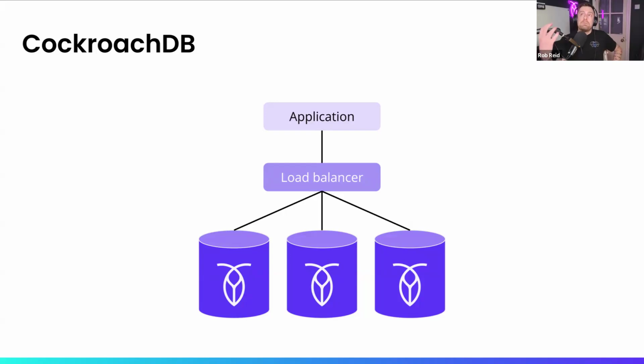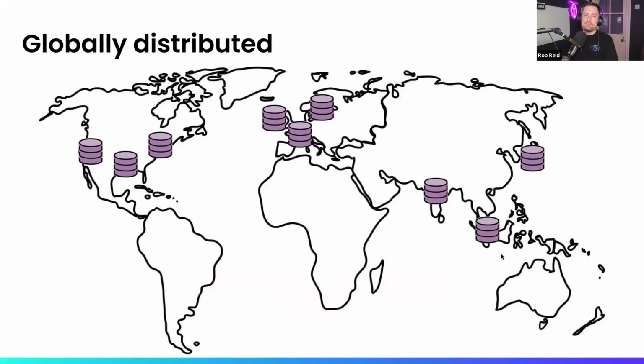But under the covers, fundamentally, CockroachDB is a key value store. So in the SQL layer of CockroachDB, which exists in all of the nodes, there is a translation of a SQL query into something that can be a very fast key value lookup. So data is stored in a columnar format, but it is a key value store under the hood. Not that you need to concern yourself with that as a practitioner of CockroachDB.